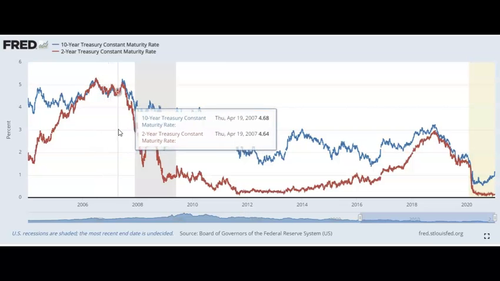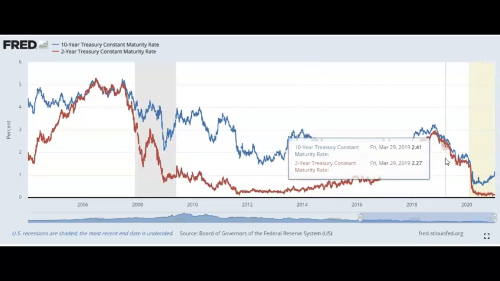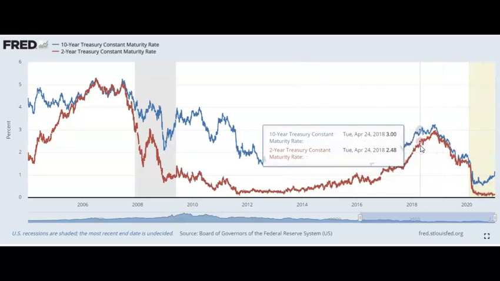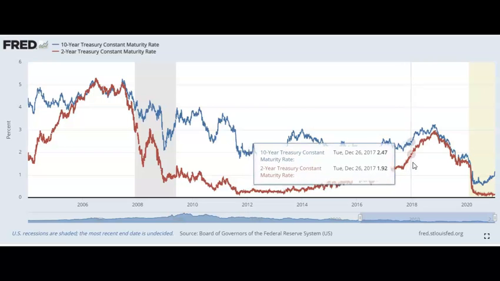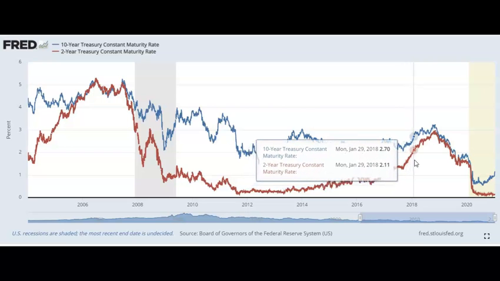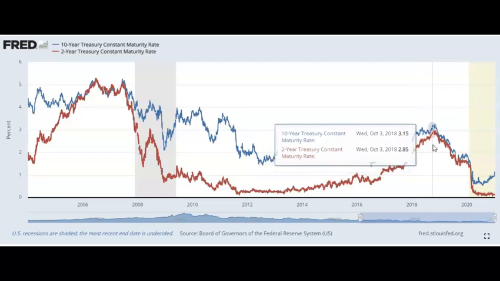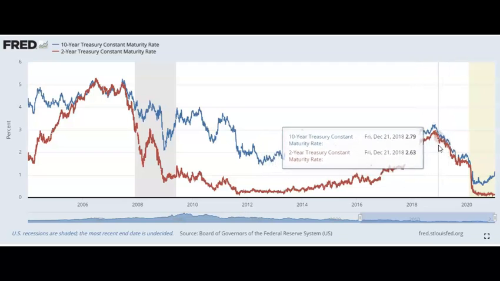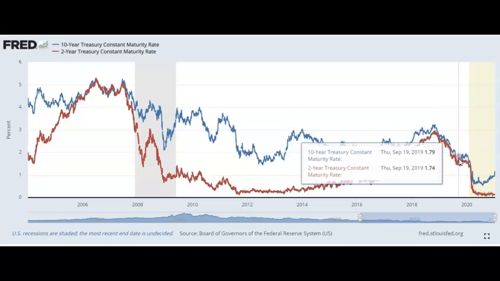So that happened again in 2019. If we look at 2019, long-term investors and the Federal Reserve had a disconnect. So the Federal Reserve started raising rates in late 2017. Long-term yields didn't change that much. As a matter of fact, in 2019, after the Federal Reserve started cutting rates, short-term rates rose above long-term rates.